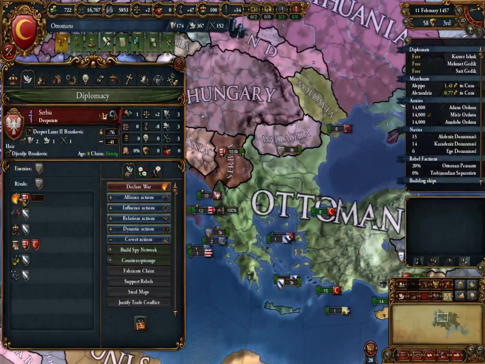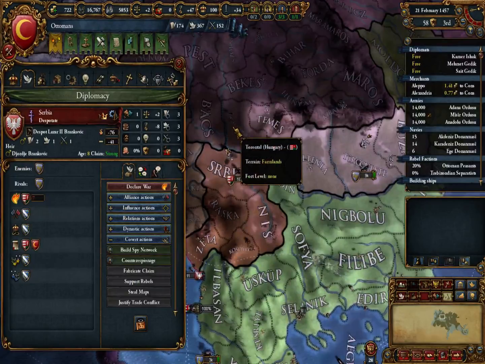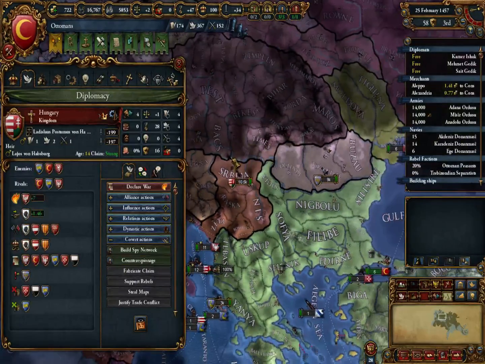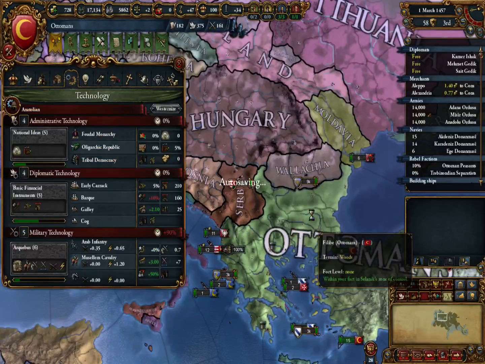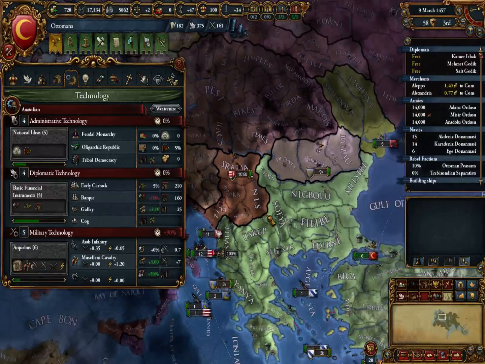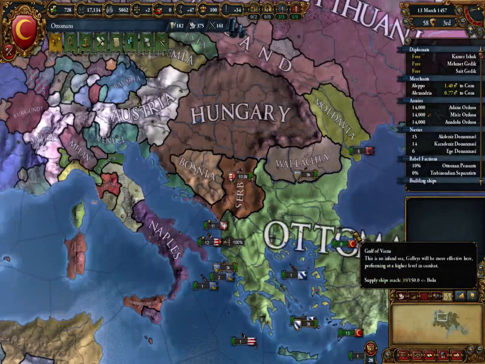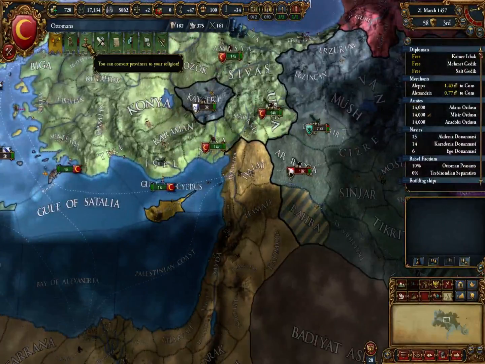What's happening here? Oh, for fuck's sake, Hungary. Are you being that much of a cock today? I'm gonna have to go and kick Hungary's ass next, aren't I? Like, I'm gonna have to kill the Mamluks and I'm gonna have to go and kick Hungary's stupid ass. Ugh. Should have probably gone for Serbia much earlier, but...